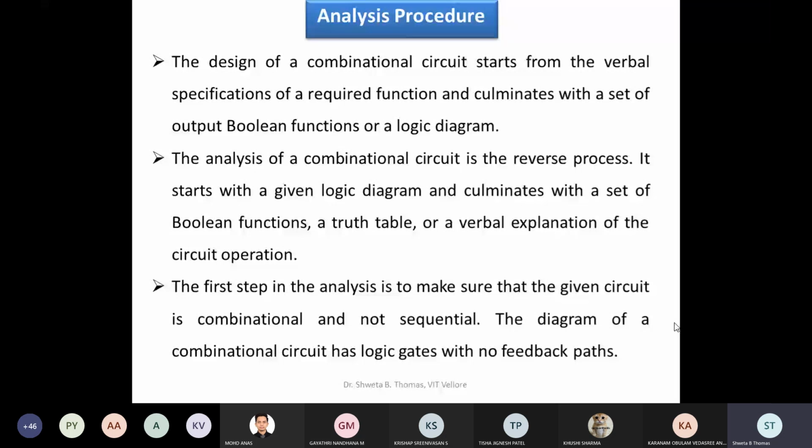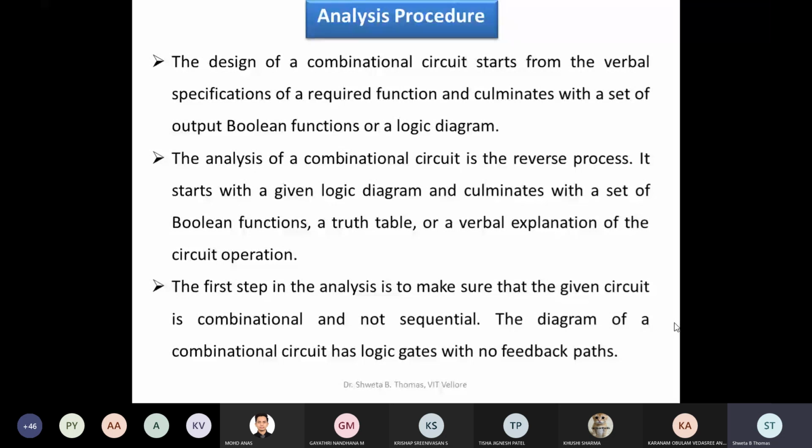It's clearly there, even I am showing the slide also. Time dependent. In a combinational circuit, there will be no feedback. What is the meaning of feedback? Do you know? Feedback means the portion of the output you are giving as an input also. Is it so? Suppose you got an output the first time. If you get the output the second time, it also depends on the output that you have obtained from the first stage. Are you getting me?